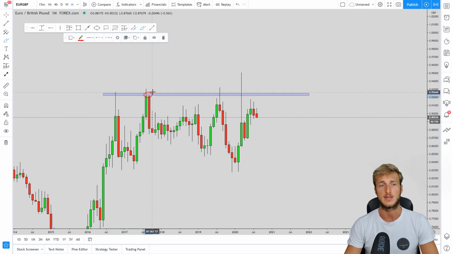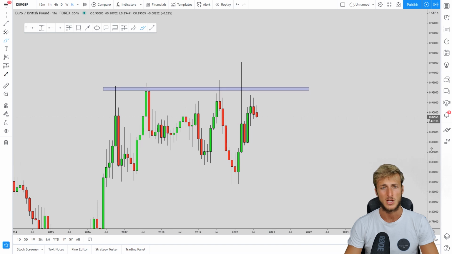Again, the market tested the area here, preceding this rejection to the downside. Again, the market tested and rejected this area here, and lately the market has tested and aggressively rejected again this very strong monthly supply area that the market has clearly confirmed as the resistance that it currently has, at least